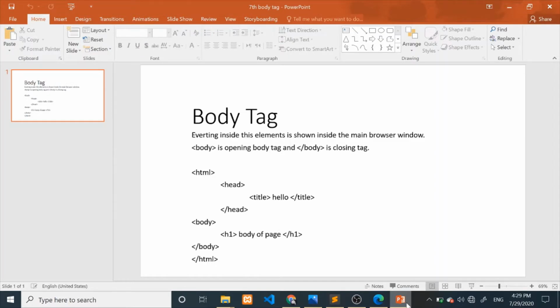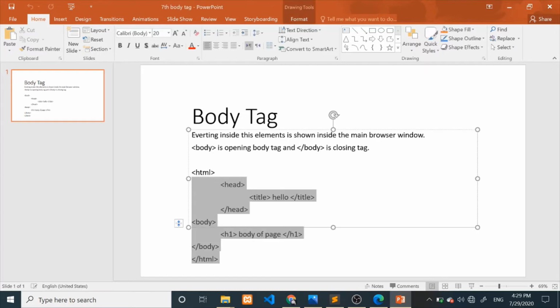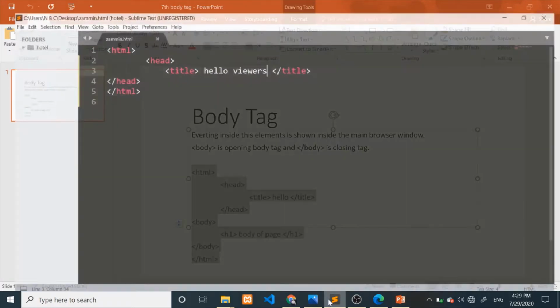In this tutorial we will see some basic introduction about the body tag that is very much used in HTML5. The body tag is defined as everything inside this element is shown inside the main browser window. The body tag is the opening tag and the ending body tag is the closing tag, and this is the basic syntax of the body tag. We copy this syntax and run it in our compiler,